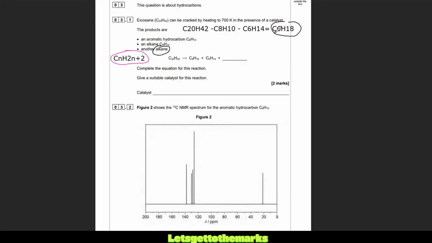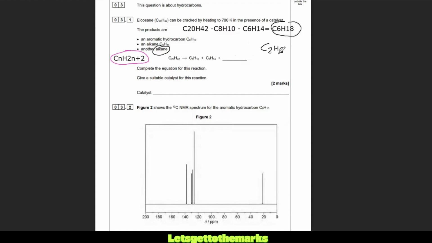So maybe if we divide it by 2 and make 2 lots of them, we'll get C3, and 18 divided by 2 is 9. Does C3H9 fit that formula? No, it doesn't, because that's 2n plus 3. Let's divide it by 3 and see if we can get one of these multiples to fit the formula. I know there's only one line, so it has to be a multiple of one alkane. There's going to be a multiple of one formula. So if I divide it by 3, I get